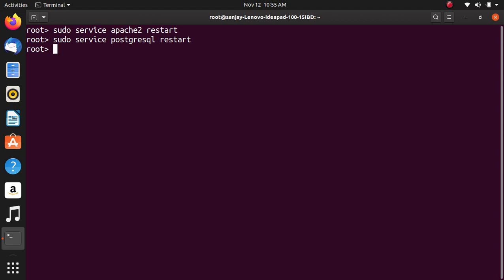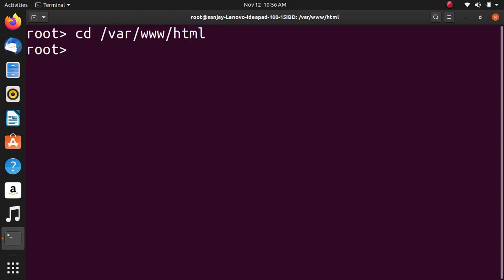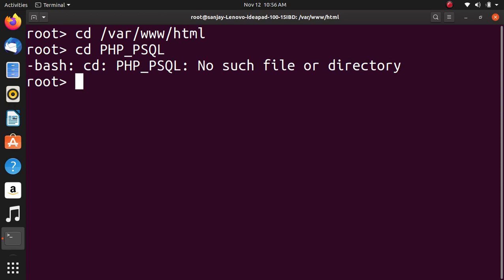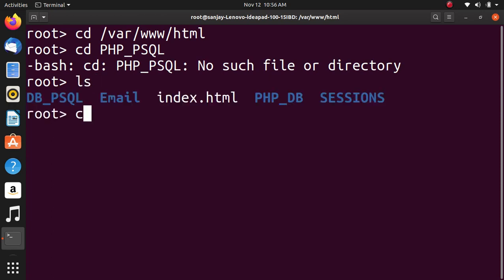Now we will see the code. Then we will see the connectivity code.